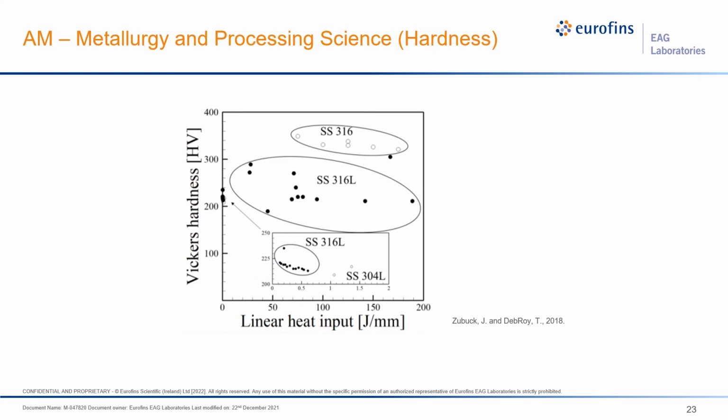Besides using tensile testing, hardness is an easier and faster way to understand the mechanical integrity of metal additive manufactured parts. So here we have on the x-axis the linear heat input, and on the y-axis Vickers hardness. So as linear heat input increases, what happens? Vickers hardness has a slight decrease. Okay, this is expected because higher heat input results in large molten pools, higher peak temperatures, and therefore slower cooling rates. And thereby hardness will decrease with increasing linear heat input due to more heat accumulation, larger grain size,